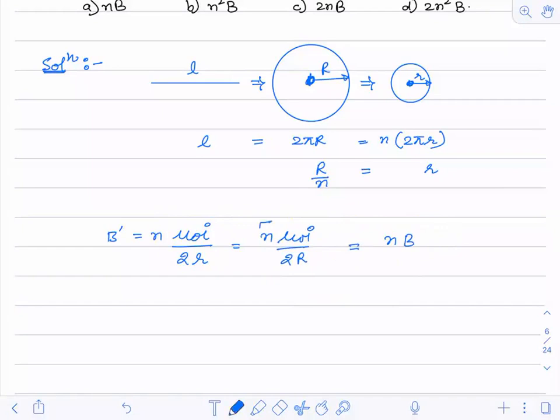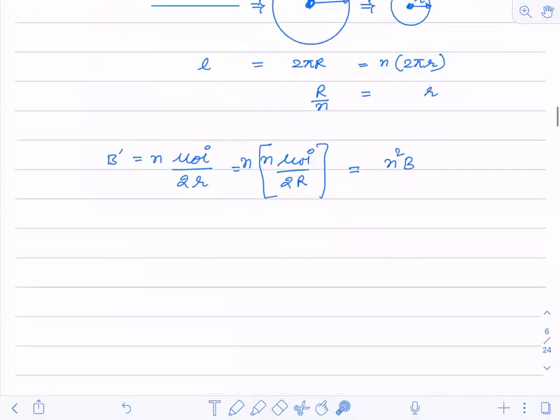So you have to multiply this by n. So this answer becomes n square into B. This is the mistake you would have made. This n you would not have put. So many students would not have considered this n, that's why you are getting n into B. But the answer is n square into B, because the coil is having n turns. So for n turns, how do we write? n mu naught I by 2r. So the result is n square B. Is it fine?